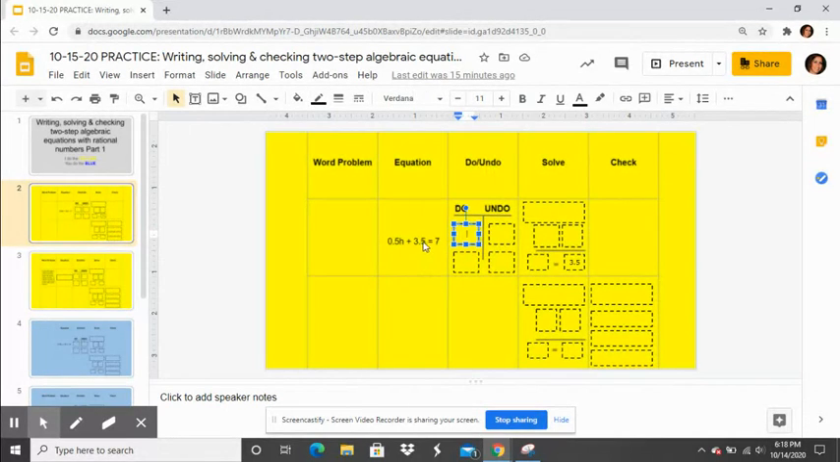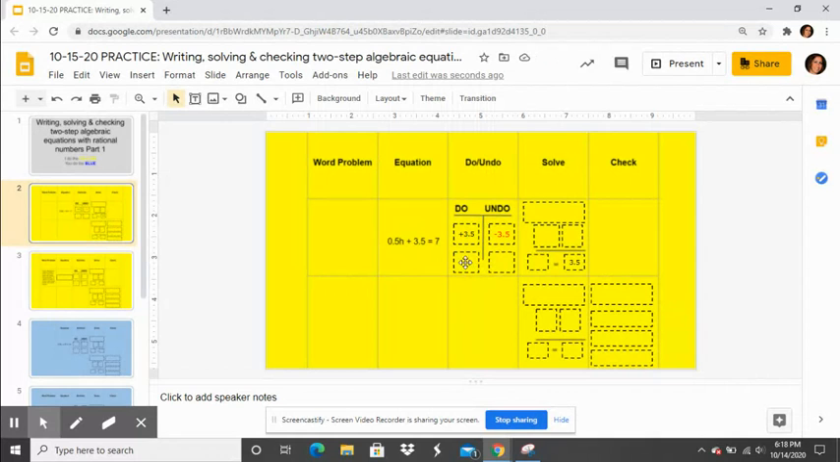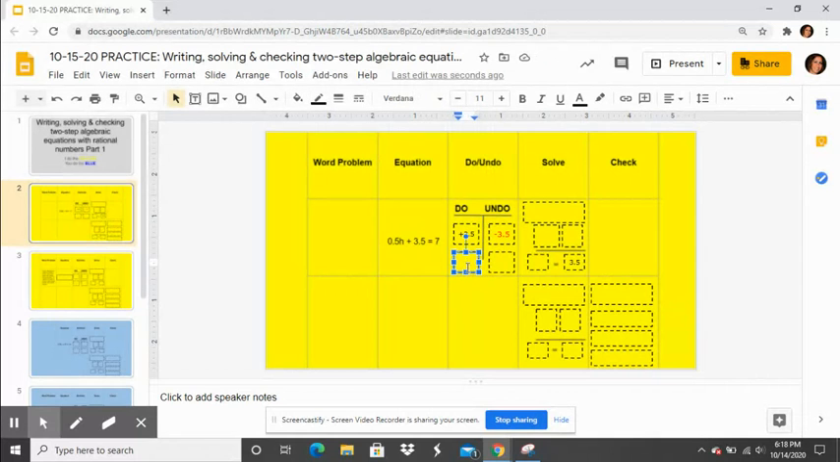So the first do is getting rid of the constant, which is the number by itself. So that's plus 3.5. To undo that, you would subtract 3.5. And then the second do is the coefficient, which is the number with the variable. So that's 0.5 being multiplied with the h. So we then divide by 0.5. Okay, so then I copy my equation over here,